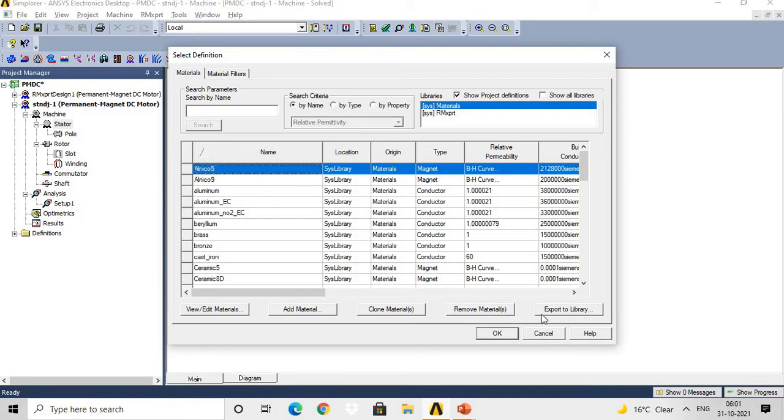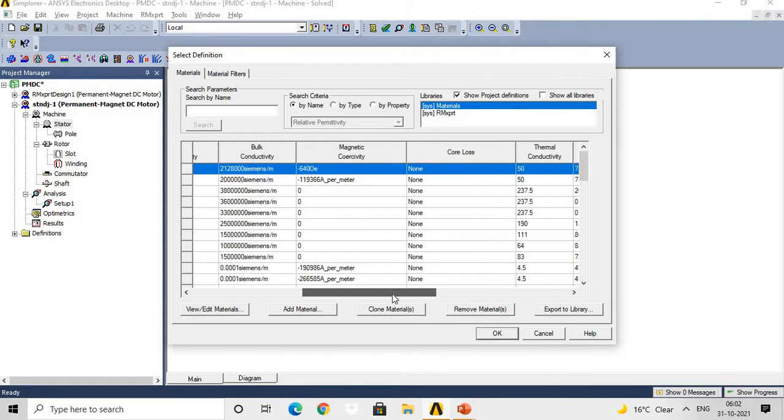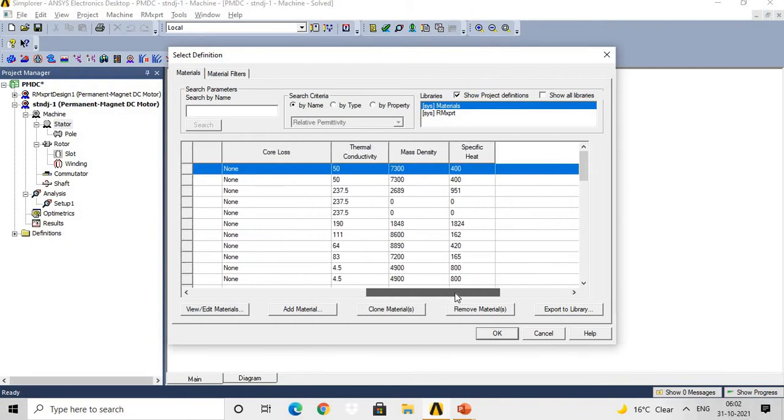But make sure that if you want to add any new material in this library, you need to give the information of the new material in terms of name, location, origin, type, then relative permeability, bulk conductivity, magnetic coercivity, core loss, thermal conductivity, mass density, and specific heat.